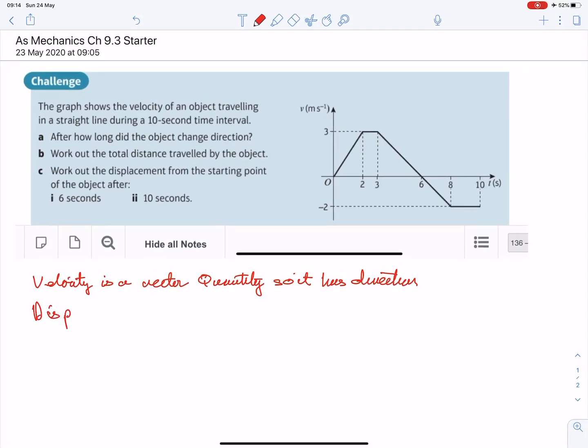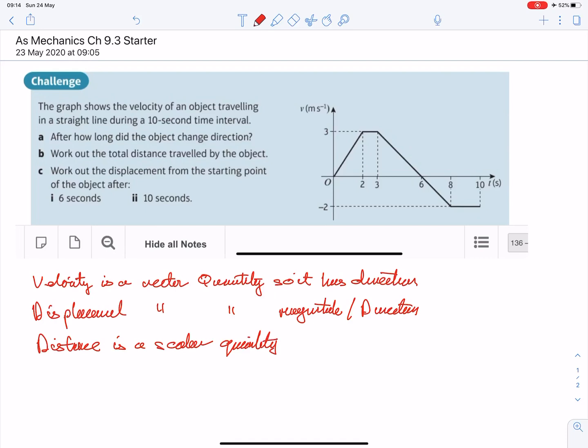Displacement again is a vector quantity, so again it's got magnitude and direction. And distance is a scalar quantity, so it's only got magnitude. So if we apply that to these questions,